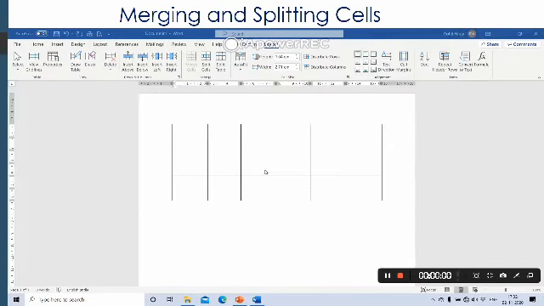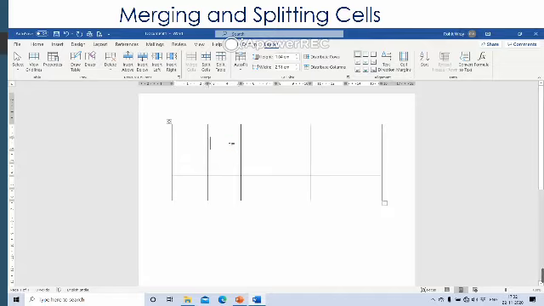Merging and splitting cells. Steps to merge cells. First, select the cells that you want to merge. When you are merging, you are going to combine two or more cells and make them one. So we'll select four cells in the second row.